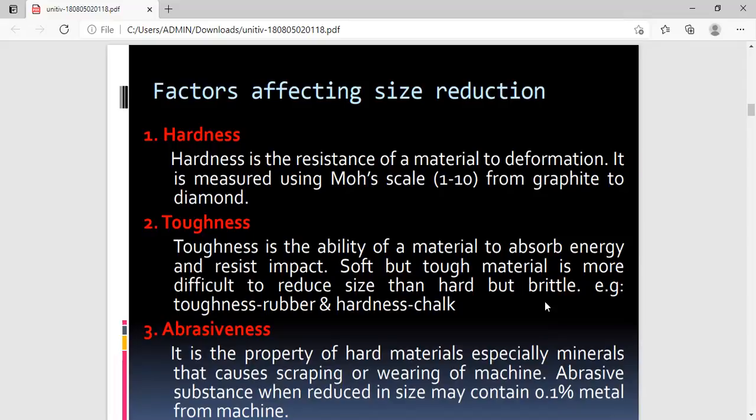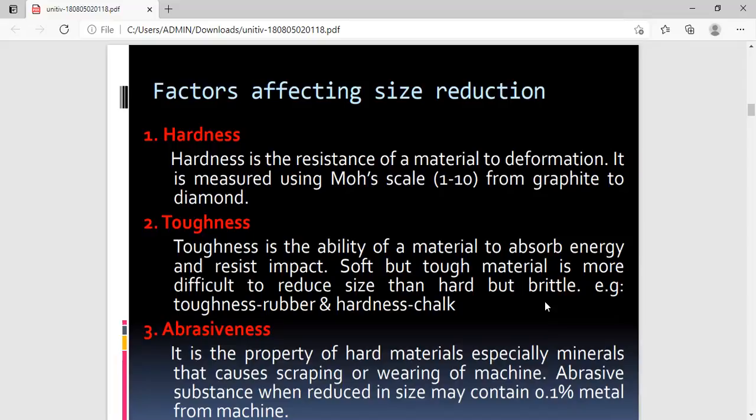So one thing that is apparent from hardness is that the harder material can scratch the softer material, but the softer material cannot scratch the harder material. So if you want to compare two minerals and want to know which is harder, simply try to scratch one over the other, and the material that is able to scratch is of higher hardness.